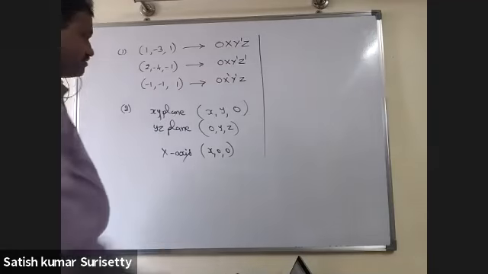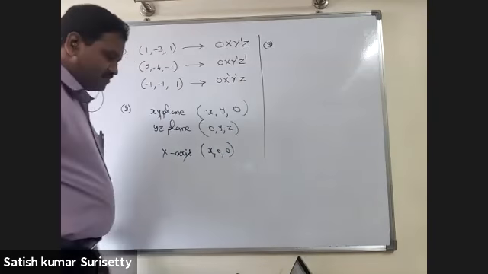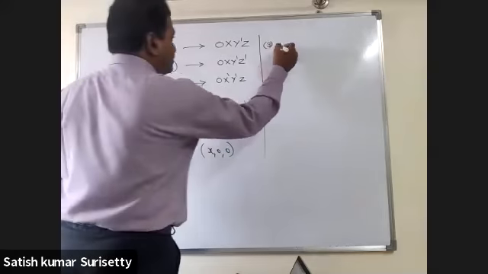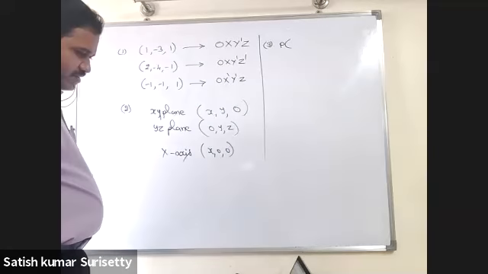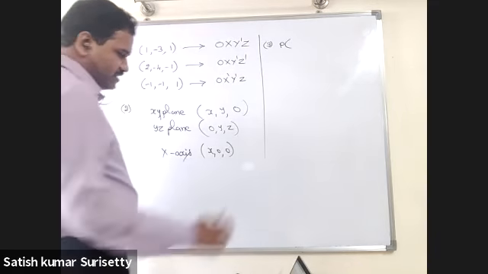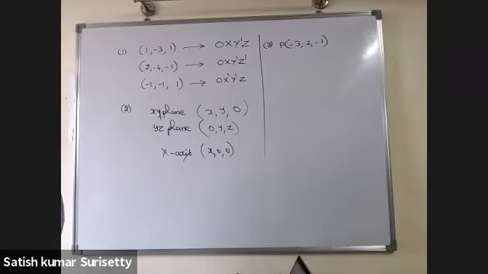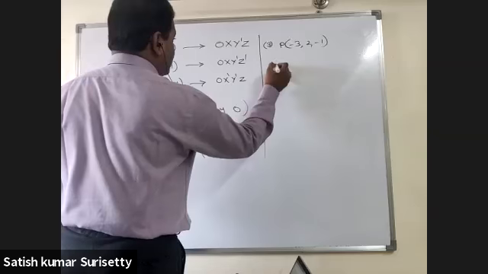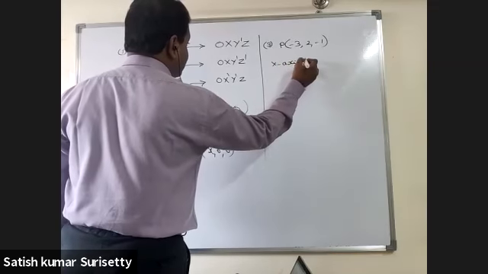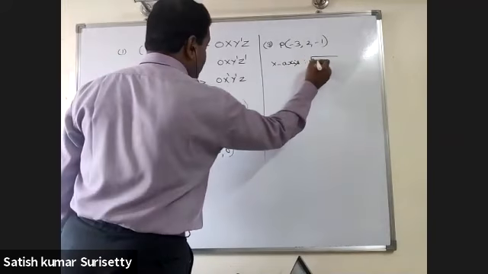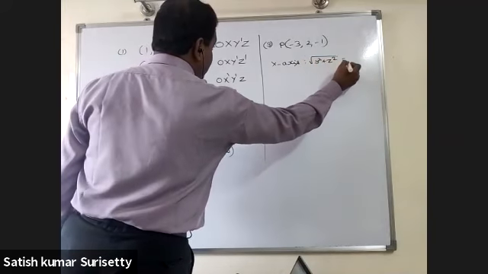Next, third, find the distances of P from the coordinate axes and coordinate planes. Now, what are the coordinates of P? -3, 2, -1. So the distance of P from the coordinate axis, from the x-axis. Root 5. What is the formula? Root of Y square plus Z square. That is root 5.